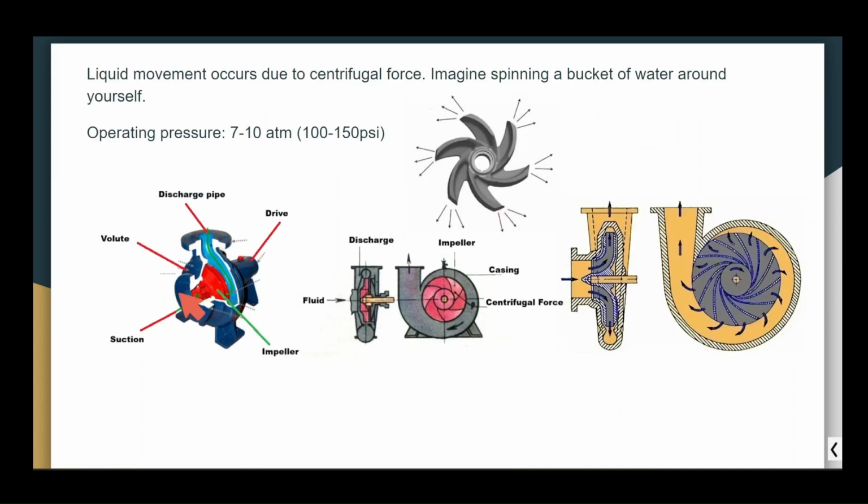Let's talk about the principle of centrifugal pump operation. How fluids flow to this pump and circulate around the whole cement unit through the low pressure pipeline. Liquid movement occurs due to centrifugal force. The centrifugal force splashes the fluids out around the impeller. This impeller is an open type with special vents, so we can take fluid and splash it directly into